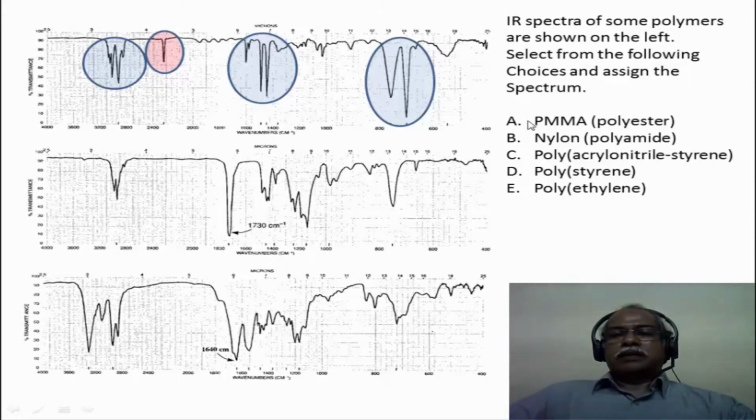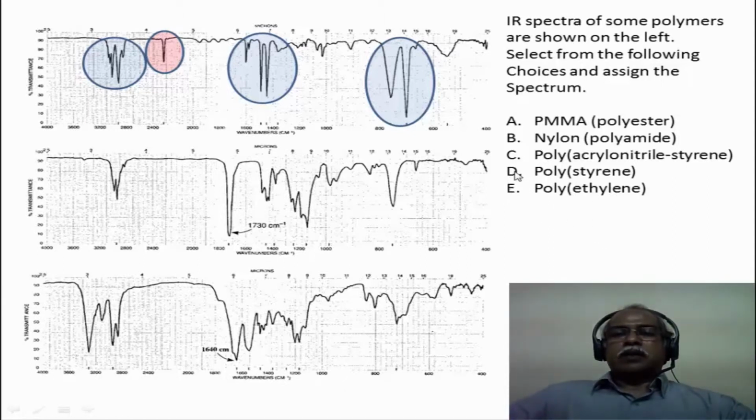So, one should unmistakably identify this as a nitrile functional group. The only polymer in this series that has a nitrile functional group is the acrylonitrile styrene polymer. So, it has a signature of both styrene as well as the acrylonitrile chain, which is a copolymer in this particular case. Suppose this peak which is highlighted in red is missing, one can easily say that this belongs to a polystyrene kind of spectrum. One can rule out polyethylene in all of this because polyethylene will have a Nujol kind of spectrum. It will have only a CH stretching frequency. Since it has C double bond C and CO bond stretching frequencies, one can straight away rule out E as an option.